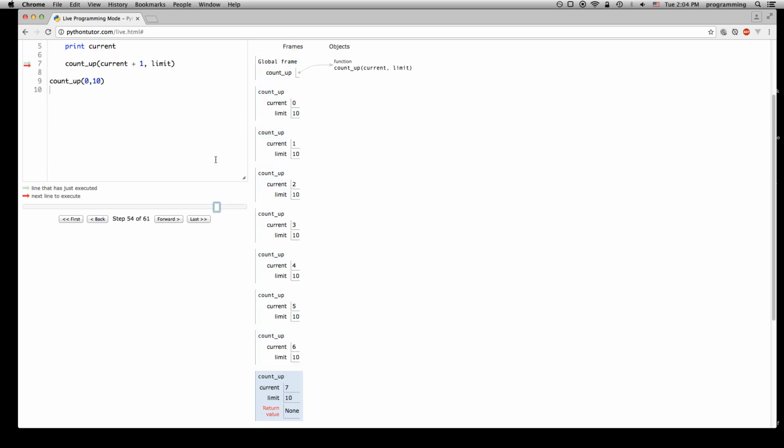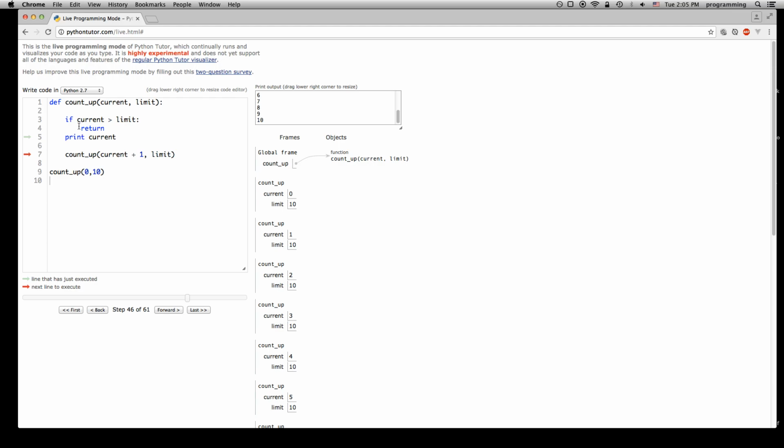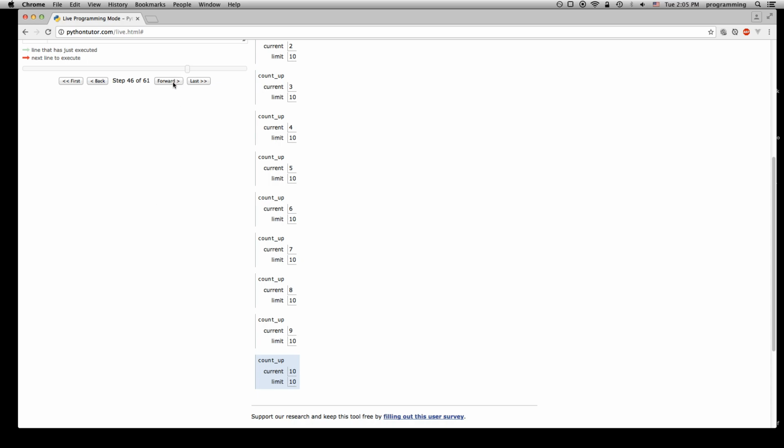Yeah, so this is an interesting part. You might think that's the end, right? Once we finally reach return, that's the end of this, but it's actually not the case. So what happens is,